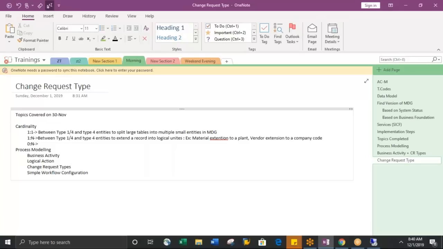And 0:n is the cardinality used only for